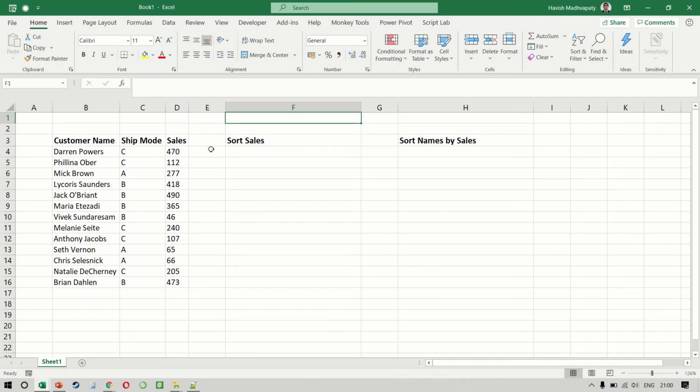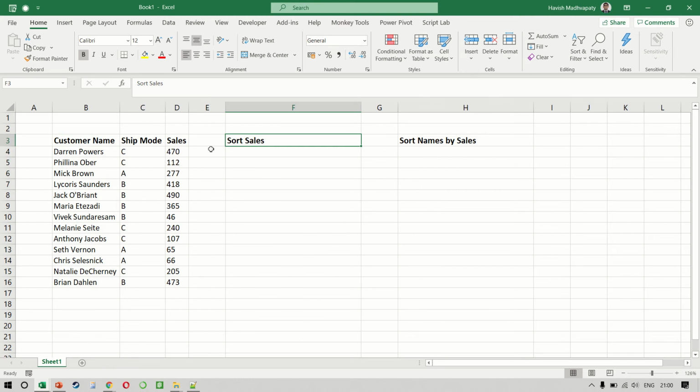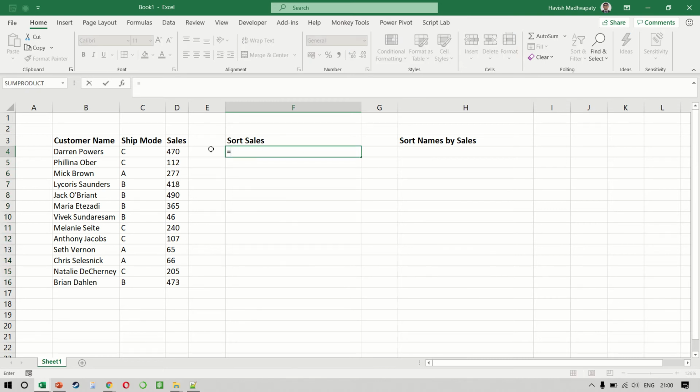There are two amazing functions that have been added to Microsoft Excel, SORT and SORTBY. Here is the problem statement. We have a list of customers, the shipping mode, as well as the sales amount. So if I want to sort all these numbers by the amount, which means I want to see the largest number at the top and the smallest number at the bottom, we can simply write equal to